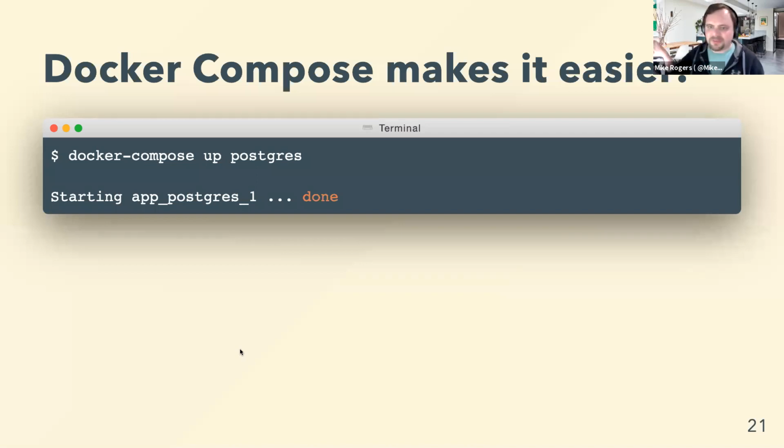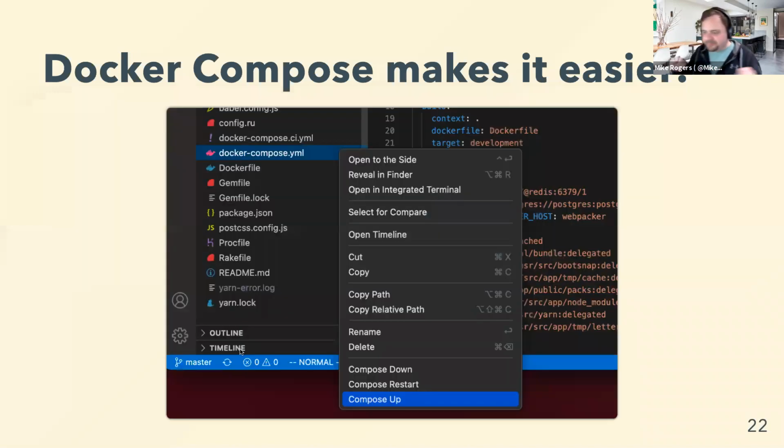I think that's something else quite cool you can do. You don't have to use all of Docker. You can just run services, and I like that. Cool. And I'm sure some of you have used VS Code as well. If you haven't, give it a look. It's quite nice. It's made by some new boys called Microsoft. I think they might be going places.